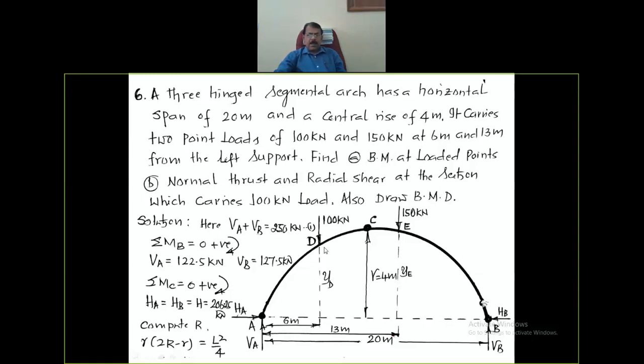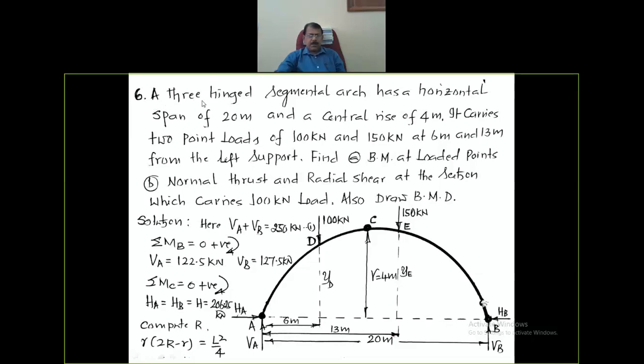In case of segmental arch or circular arch, the theory is that the ordinate y at any distance is always computed with respect to crown. That equation is given by y is equal to square root of R squared minus x squared minus R. Here there are two r's: small r is the rise of the arch and capital R always represents the radius of the circular arch or segmental arch. So well, let us take up one more problem in case of segmental arch.